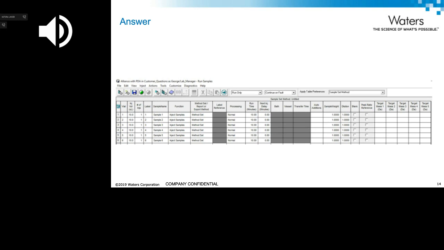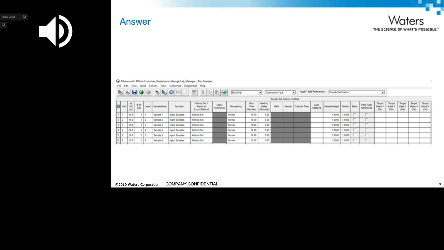You also have targeted masses that you see there. And so those can be used with or without the mass calculator that's in the run samples window. But this would be if I was doing injection-based expected mass processing. So I plug the values in here to the sample set method, and after the sample is injected, Empower goes and looks to see if those masses are found in that sample. And there are some other things in here as well, having to do with dissolution and so forth and so on. So that's a great question.